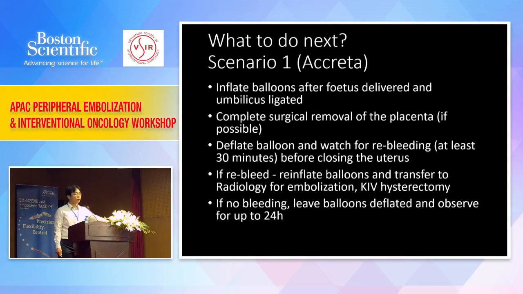In scenario one, where there is a placenta accreta, you want to quickly inflate the balloons after the fetus is delivered and the umbilicus is ligated. They try to do a surgical resection, a surgical removal of the placenta if possible, because this is not completely going into the myometrium. You can subsequently deflate the balloon and watch for rebleeding, and this is probably one of the most torturous parts of the procedure, because you literally stand there for 30 minutes and wait